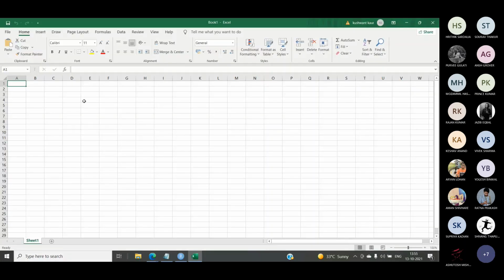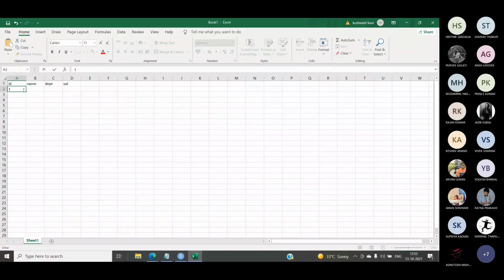In the first Excel file, let me use a few data fields: one ID field, another name field, another field department, and let's say salary. Likewise, let me take only these 4 columns.